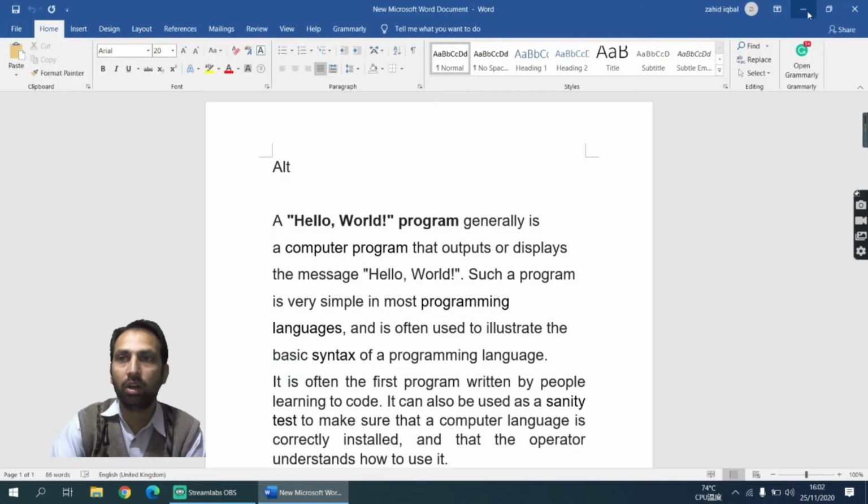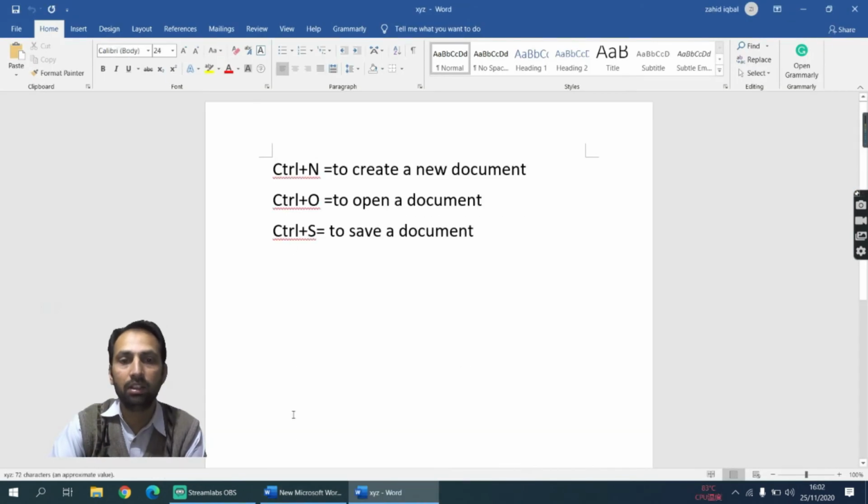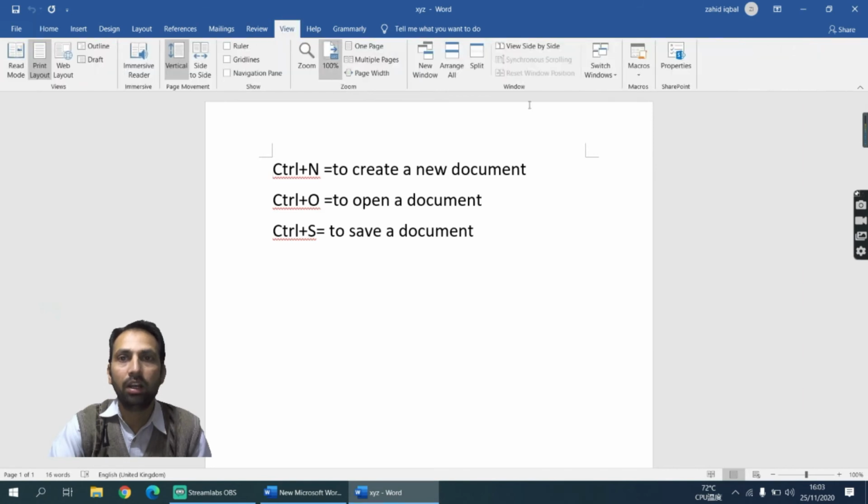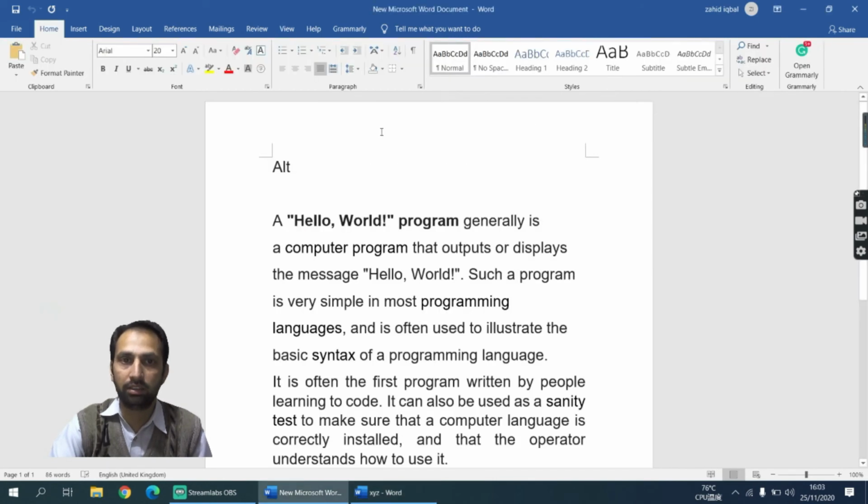So if you are working with different documents and you want to quickly switch between them, how can we do this? This can be done by using Switch Windows. Where is Switch Windows? Go to the View menu and choose Switch Windows. Here we are currently working in the file 2 XYZ, and we want to go to this file. Just click on it, and this file is automatically switched. So this is an easy way to switch the file, or you can switch the file from here by selecting the document.